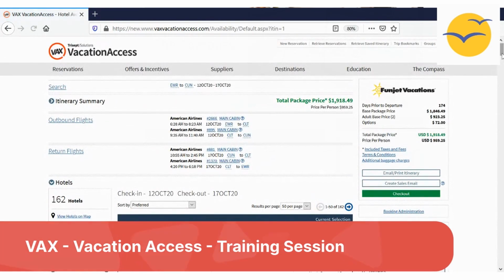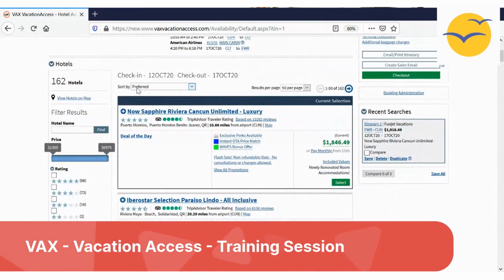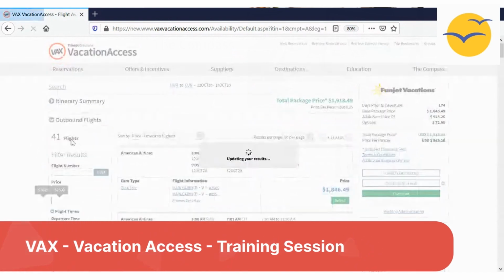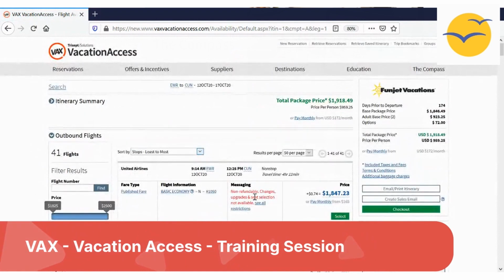Because I didn't put any filter, the system will give me almost like the cheapest option, whether it's connecting. It will start from what they consider preferred hotels. It's not sorted by order. It's whatever they want. When I do the search, I either use a filter or I just click on the outbound flights and sort it by stops, least to most, because I don't like to book or fly